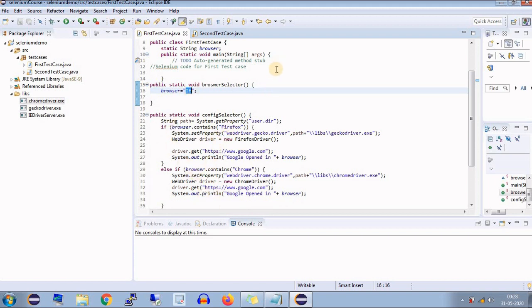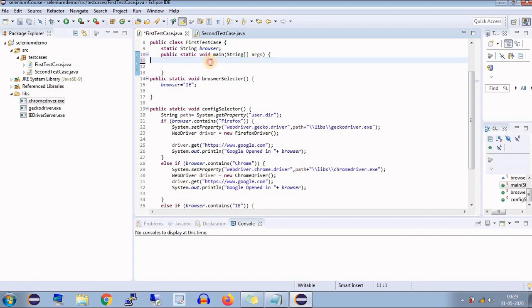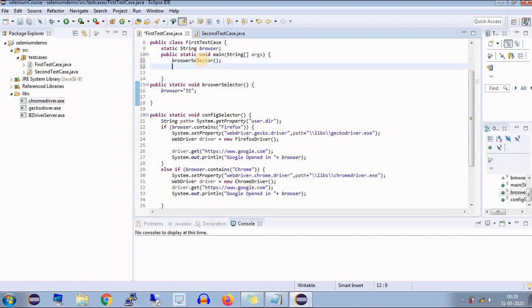Now we have to call these different methods, like we have two methods, browser selector and config selector. We have to call them in sequence in our main method, that is public static void main. So the first one we have to select is browser selector, the second one is the configuration selector. So in this sequence our program will execute.